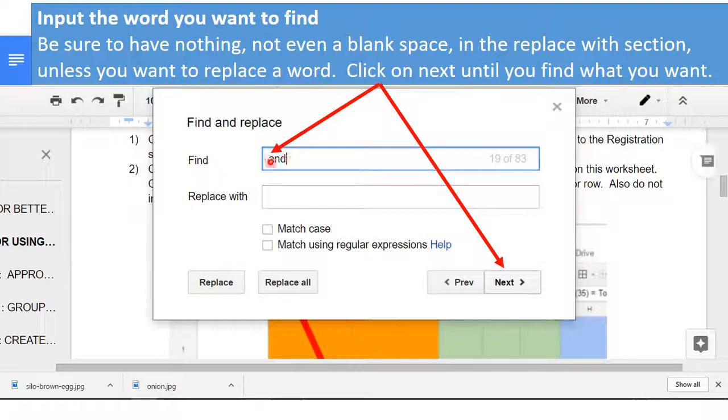You type in the word that you want, and if it must match the case, you click match the case. At this moment in time, I do not think regular expressions will do much for our purposes. And see to it that there's nothing in this replace box,